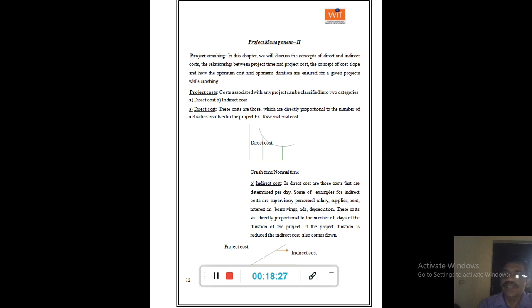So the second problem, that is PERT, is over. And the third problem they are giving is on project crashing in PERT and CPM. So generally in the fourth unit, the examiner asks 4 types of questions on project management. Number 1, they ask a problem on CPM. Number 2, a problem on PERT. Number 3, a problem on project crashing. Number 4, the differences between PERT and CPM. These are the 4 things they ask.